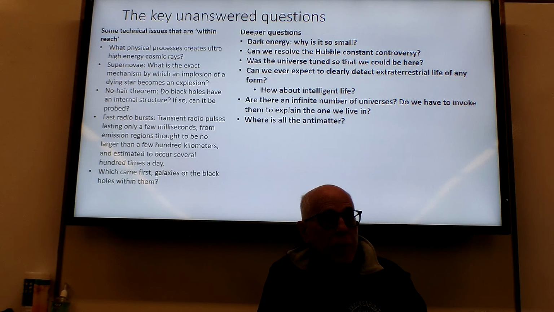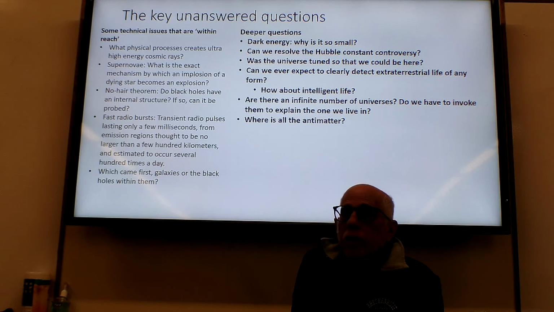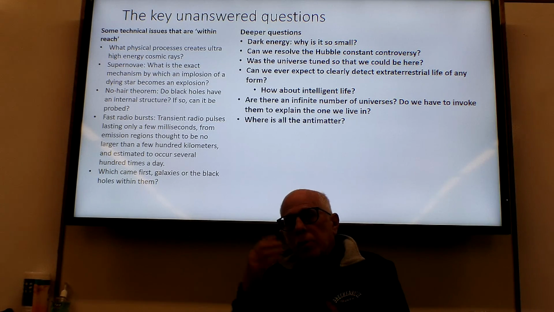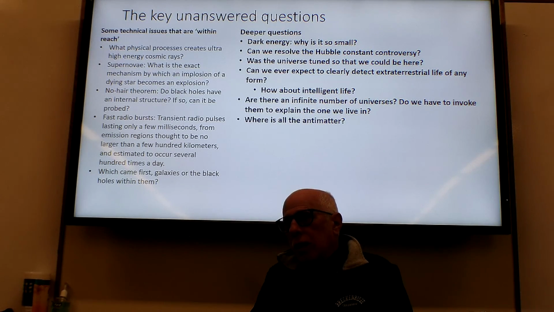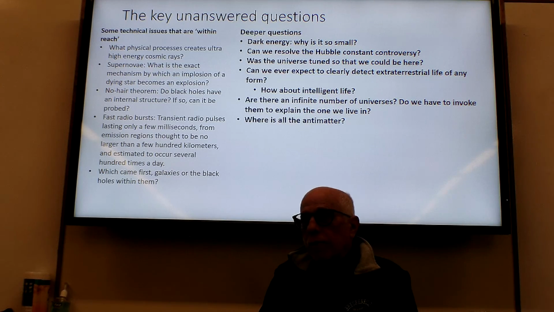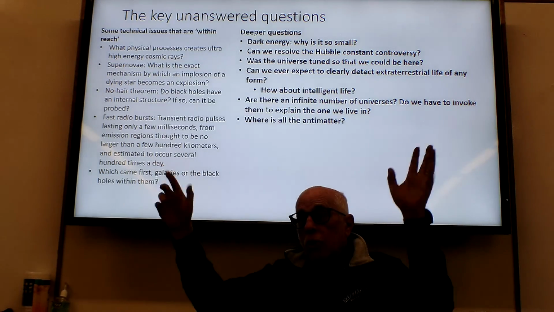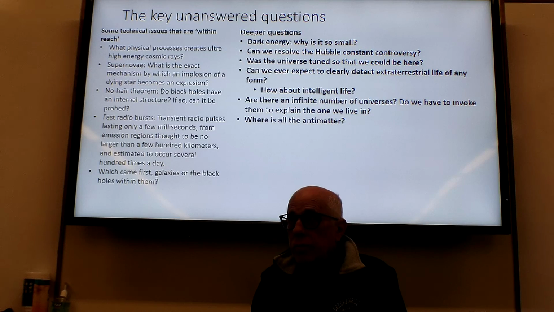Where's all the antimatter? We have a really good model of the early universe. It predicts the amount of material in the universe very accurately. It predicts the amount of hydrogen, helium, lithium, boron, bismuth, all that stuff. And then astronomers go out and measure how much is out there. And the theory is really good. But the theory also